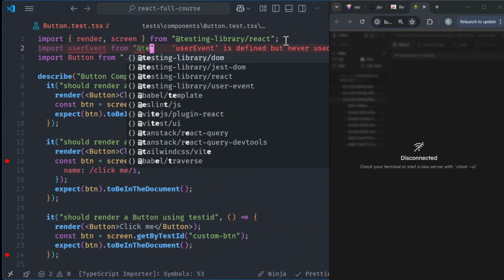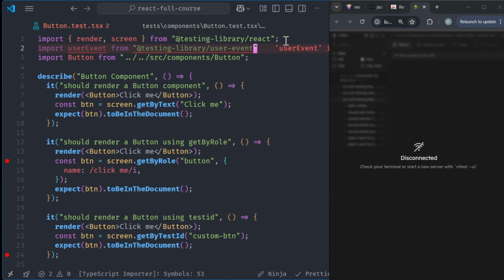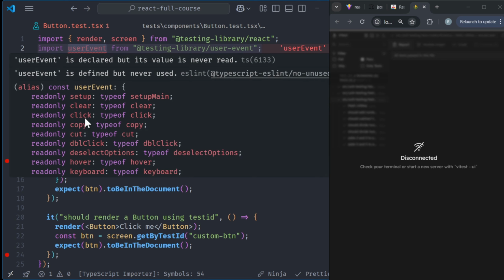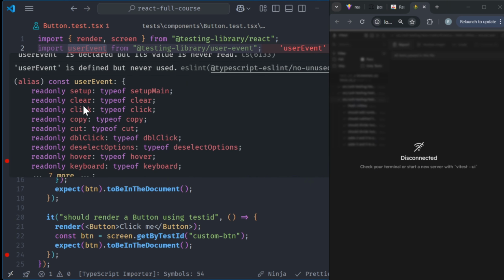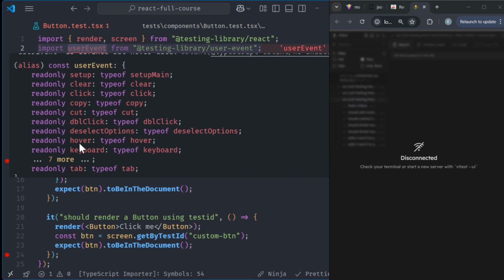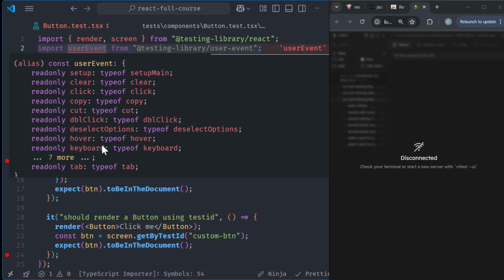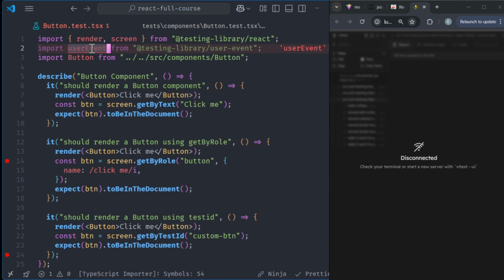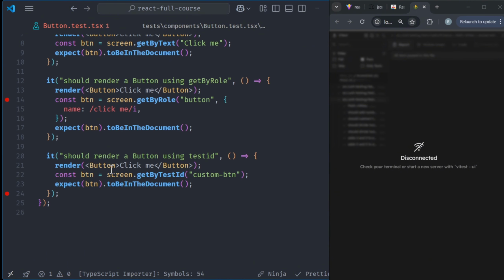From @testing-library/user-event. So now, if you hover over this, you can see we have clear, click, copy, cut, double click, hover, keyboard, tab, and some other events, a typical mouse we have. So I'll just copy this